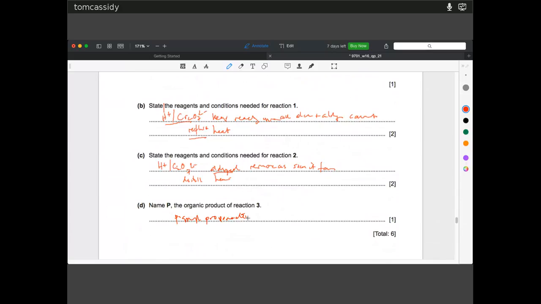All right, so that was a 1.5 hour paper. We've rushed through it, but I got all the answers discussed there. And if there's things you want to follow up on, then